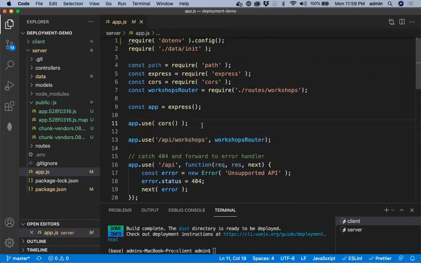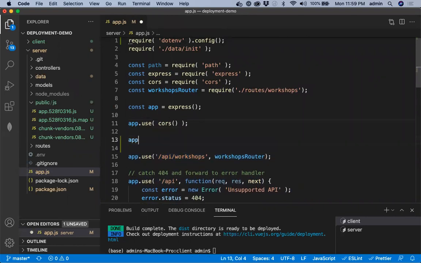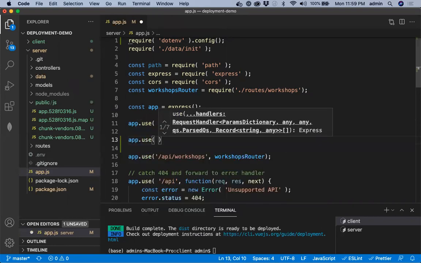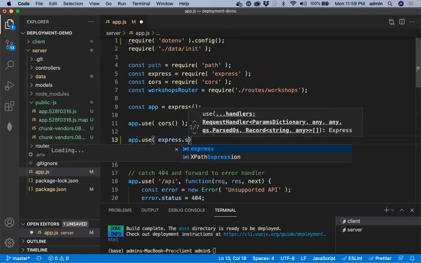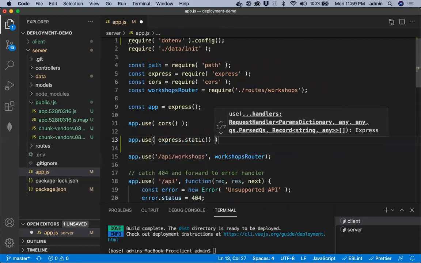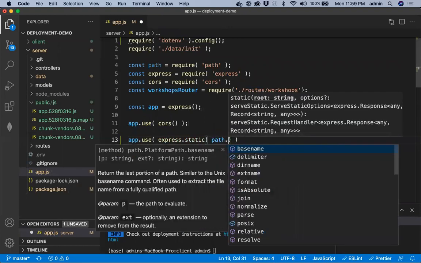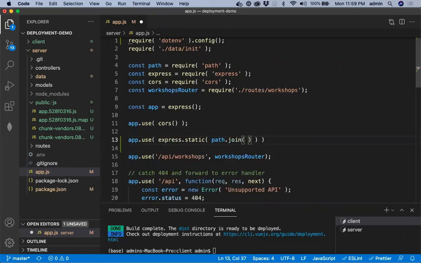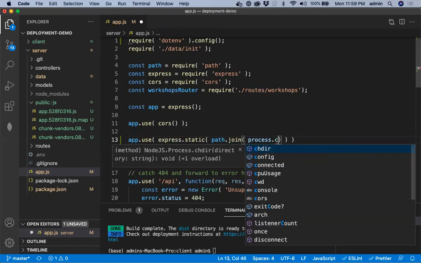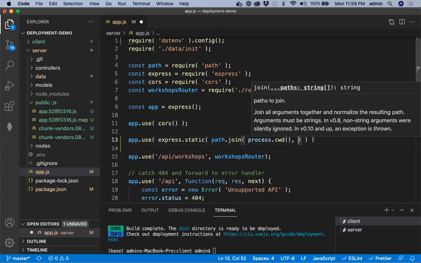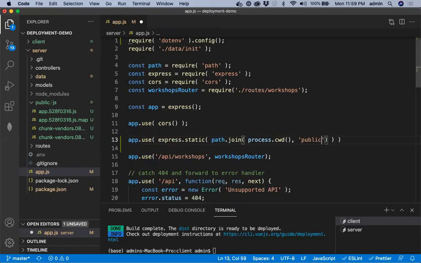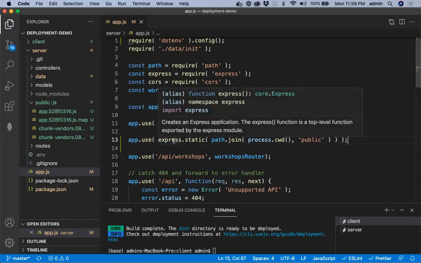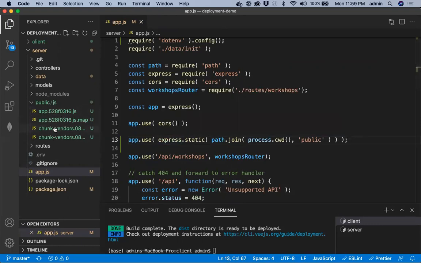So we'll set it up after CORS. app.use express static file server, where we'll ask Express to serve from the public folder. So essentially it's going to look into the public folder first for things like HTML, CSS, JavaScript. So we'll check here for any matching paths. So for example, if we request for